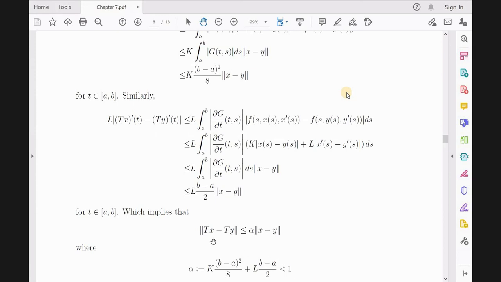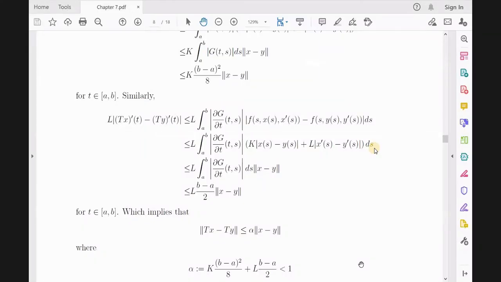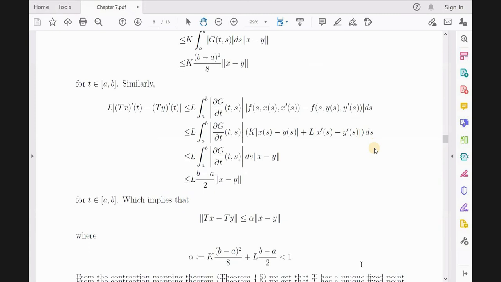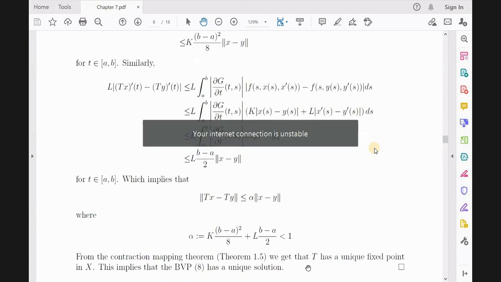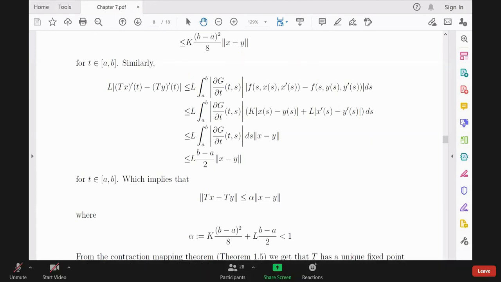So you can see T is a contraction mapping. So T has a unique fixed point. The integral equation also has a